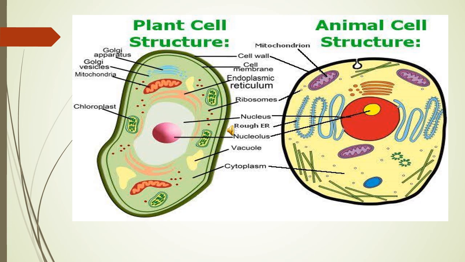So another important point, the major structural differences. The plant cell has a cell wall but animal cells do not. Chloroplasts enable plants to perform photosynthesis to make food. Plant cells usually have one or more large vacuoles. Animal cells have smaller vacuoles, if any are present. So the cell wall is absent and only the plasma membrane is present. Chloroplasts are absent in animal cells. Animals have no chlorophyll, and vacuoles are absent.